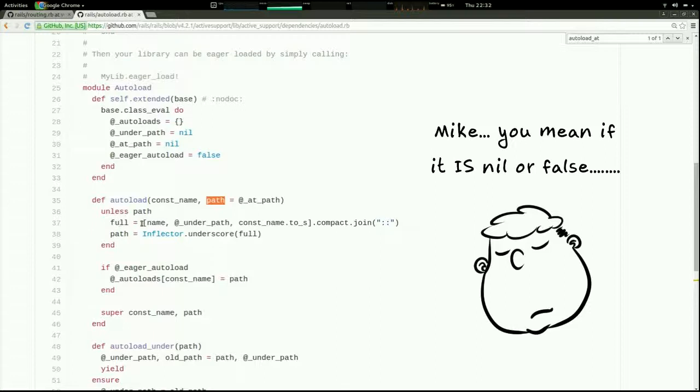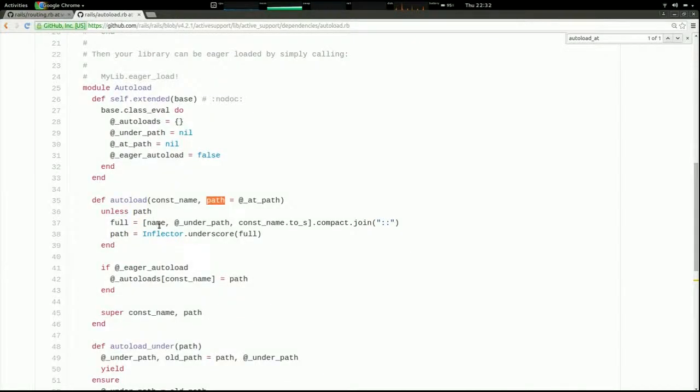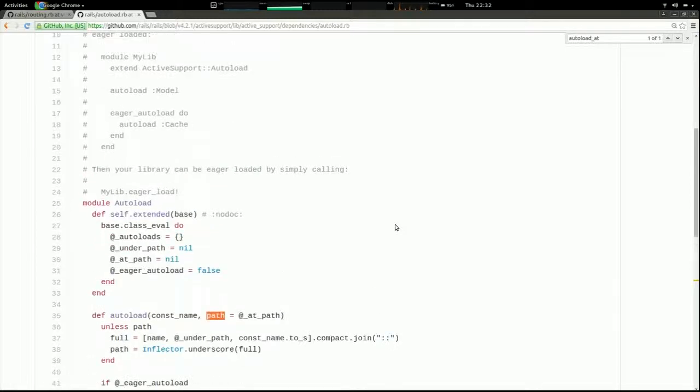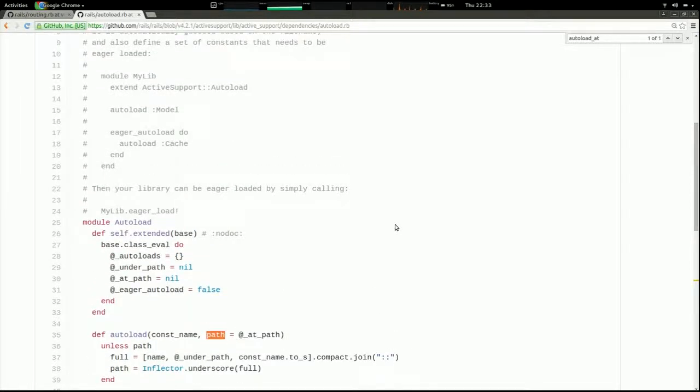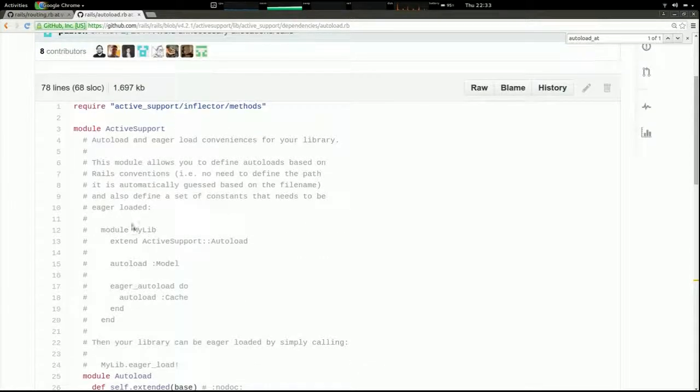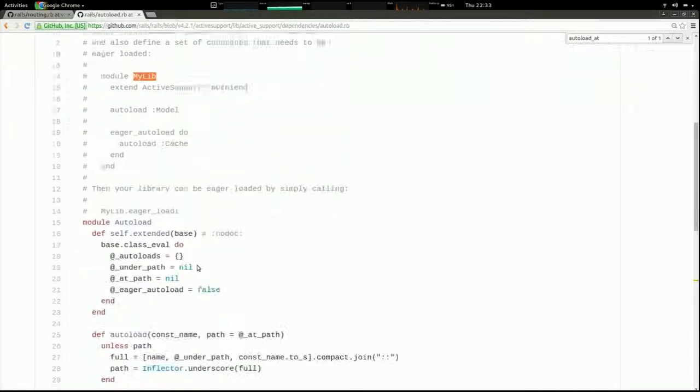then the full is name @ underscore under path, const name.2s compact.join :. Now, where is that name coming from? So this is being extended, so that means that the name is the class name. So in the case of this example here, that means that mylib will be the name,